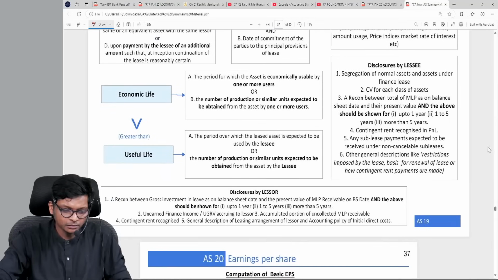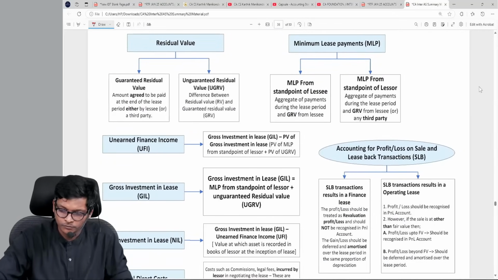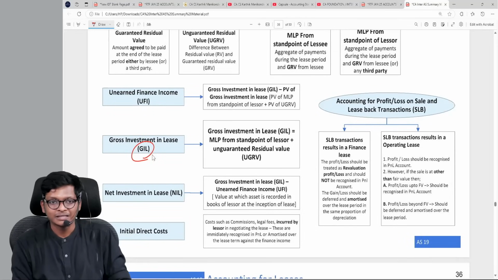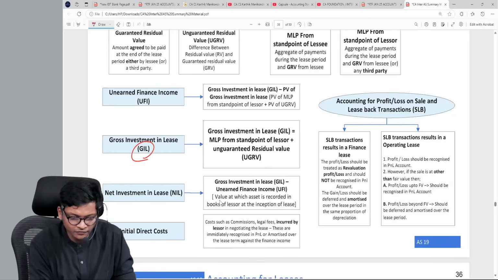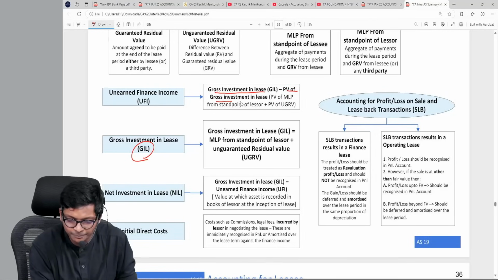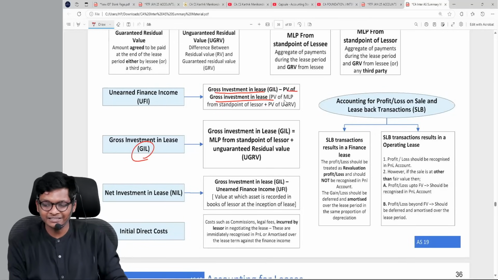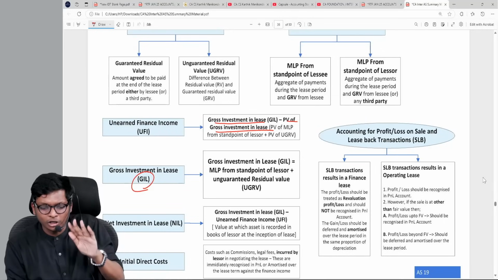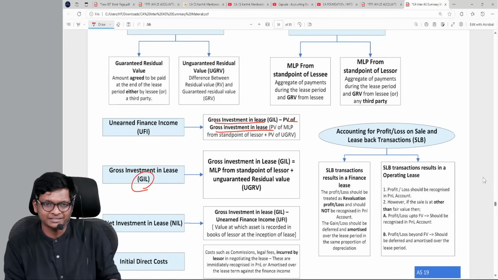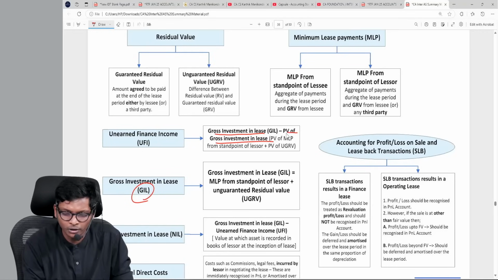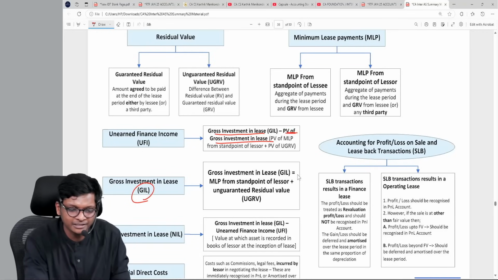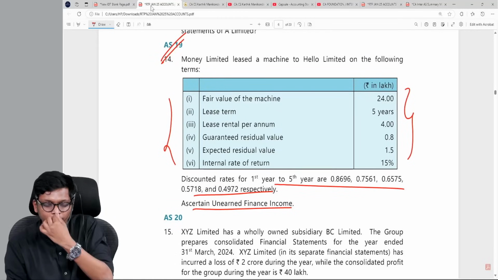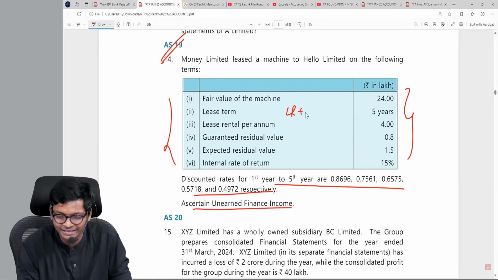Yeah, AS 19. If you see, we have gross investment in lease minus net investment in lease. So unearned finance income will be gross investment in lease minus present value of gross investment in lease. In the concept class, I will teach the logic of this formula and we will derive this formula itself. Here I am not going to do all of that. What is gross investment in lease? Basically, what is the maximum return possible? In logical words, what is the maximum return possible, which is nothing going to be lease rental plus GRV plus